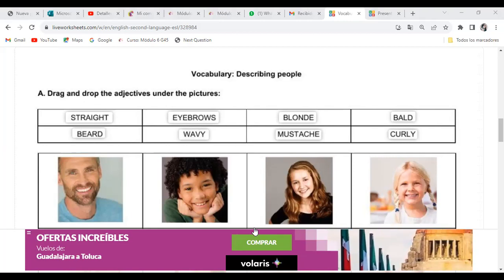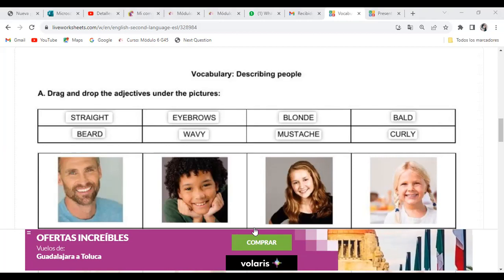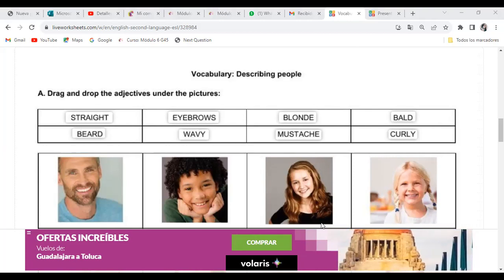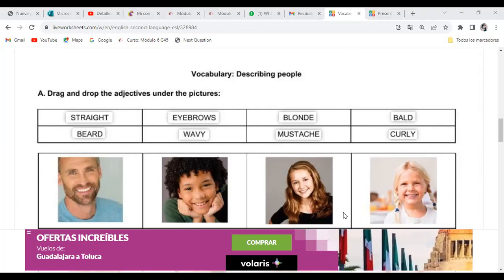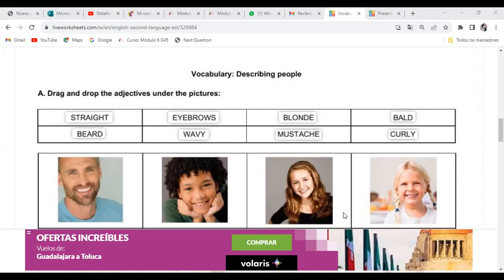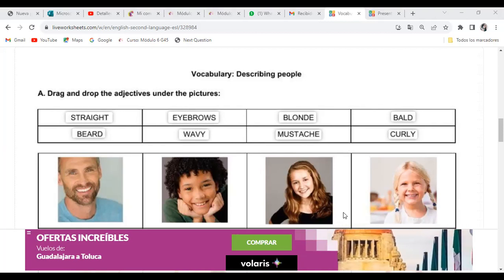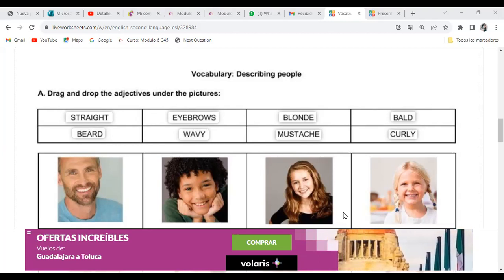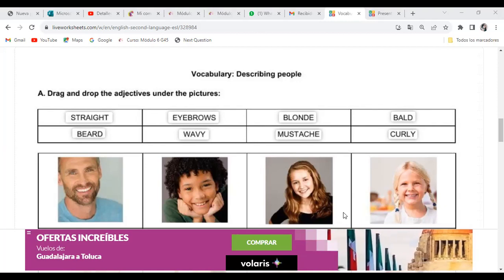Ahora, cuando nos preguntan, what are you like? What are you like means cómo eres en términos de personalidad. Recuerden que esos adjetivos también los vimos, si no mal recuerdo, en la semana 1. What are you like? Puedes decir, I am talkative, I'm shy, I'm extrovert, I'm generous, I'm selfish. Y podemos decir I'm a bit lazy con el a bit.